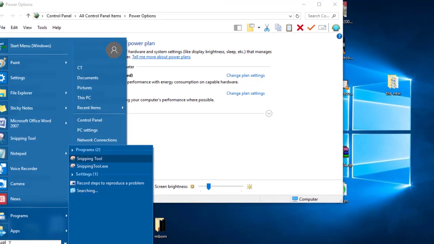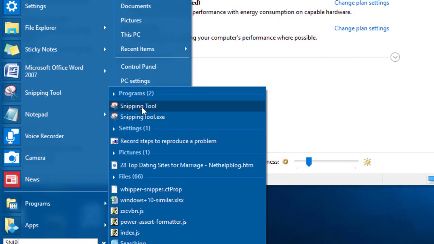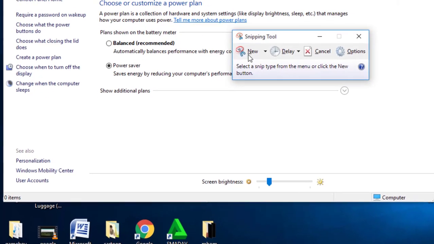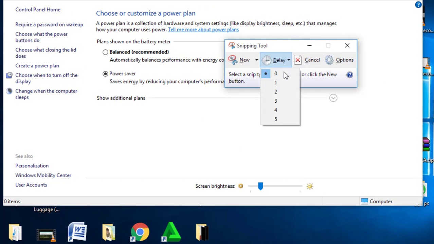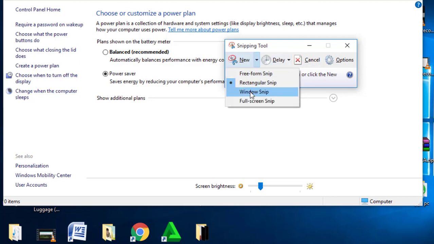Now the second method is to use the sniping tool. Use the sniping tool by going to Start menu, and then you can toggle with the settings options, and then go to new, select the rectangular snap,